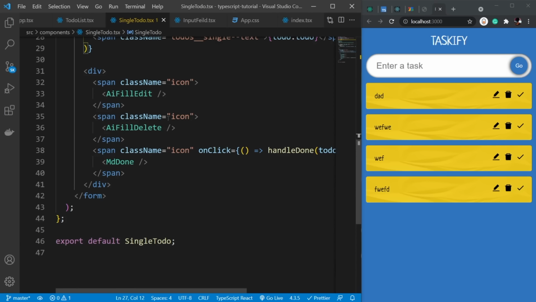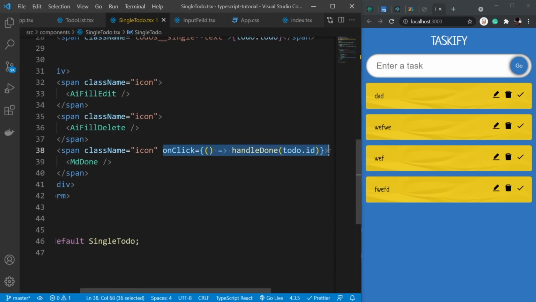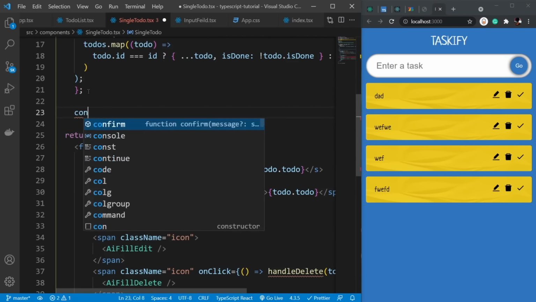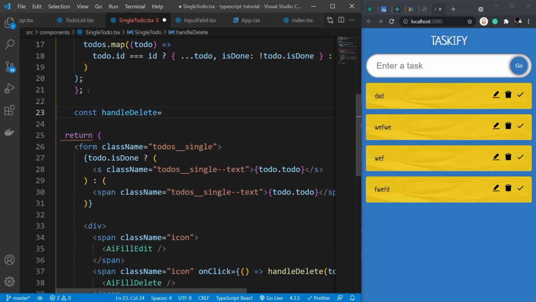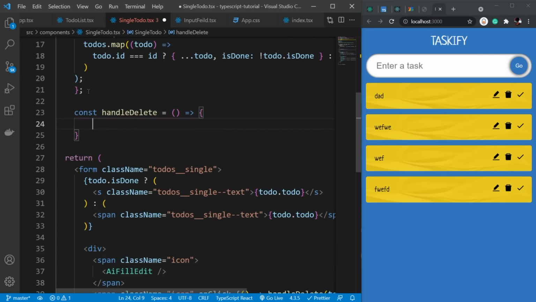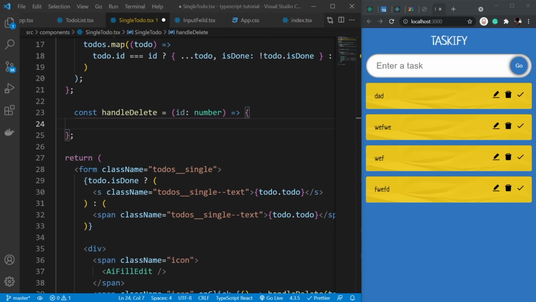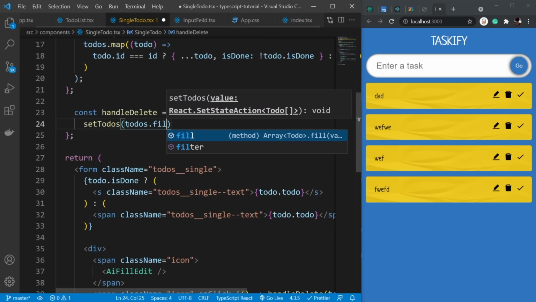So I'm gonna go over here and let's copy this up. Just like this, I'm gonna add it over here. And instead of handle done, we're gonna add handle delete. Let's create the handle delete function right below this, const handleDelete. And just like that, it's going to take the ID, which is going to be a number. Now it's fairly simple. What we are going to do is filter. So setTodos dot filter